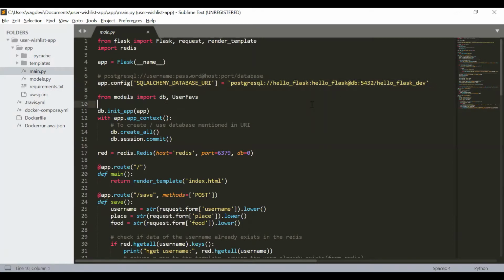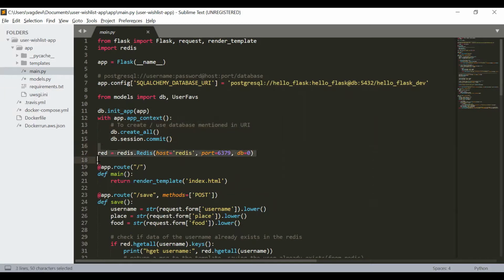right? So this is kind of an authentication component for our Flask app, which is using the username, password, host, port, and the database name, right? So we have configured our Flask app with all these authenticating components, and we wanted to connect this app to the database, right? So the initialization and creating the session and all are happening here.